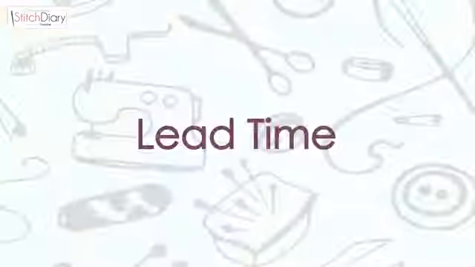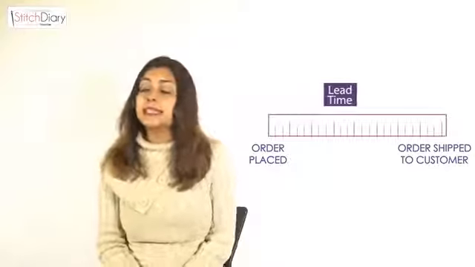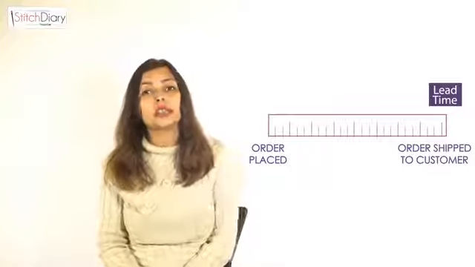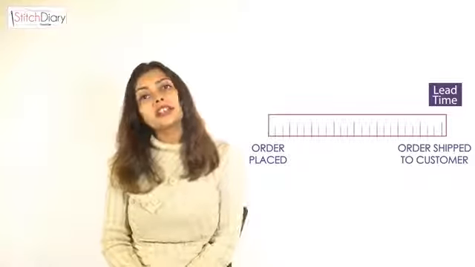The next performance measurement tool for production planning is lead time. Lead time is the time between the order being placed and the completed shipment reaching the customer. Lead time is a very important criteria for customers as they would always want a shorter lead time such that their shipment reaches them faster and the product reaches their customers faster. Fast fashion actually ensures that the lead time should get smaller in the near future, and a shorter lead time and a stronger control on this metric can help a factory become competitive in the market.